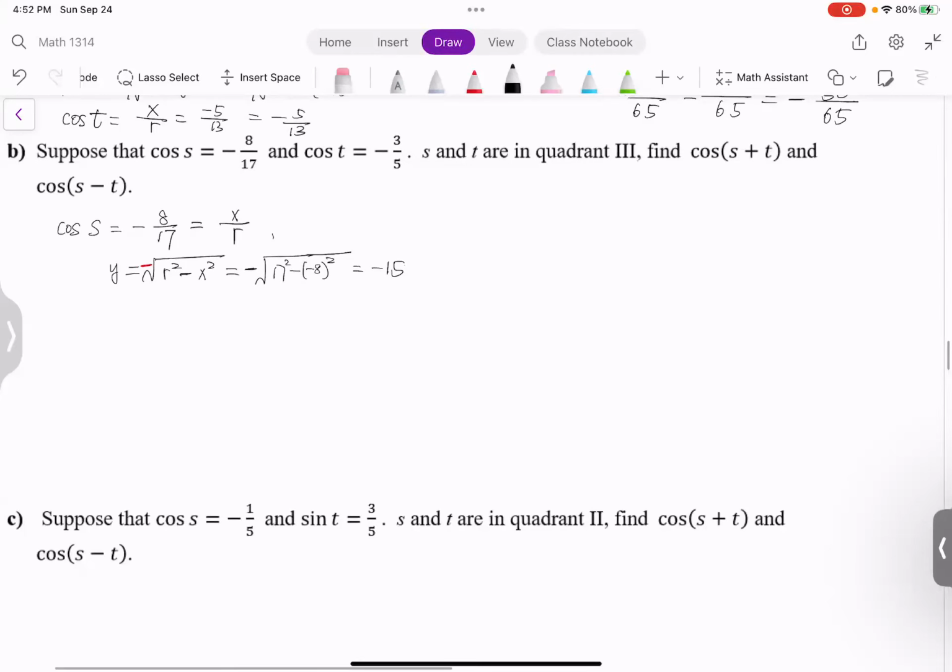Okay, so how about the sine s? Sine s equals y over r. That's negative 15 over 17. Okay, how about the